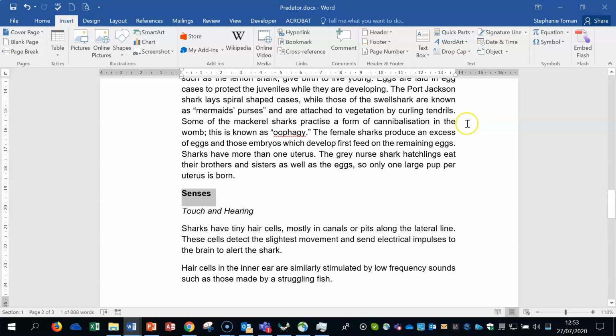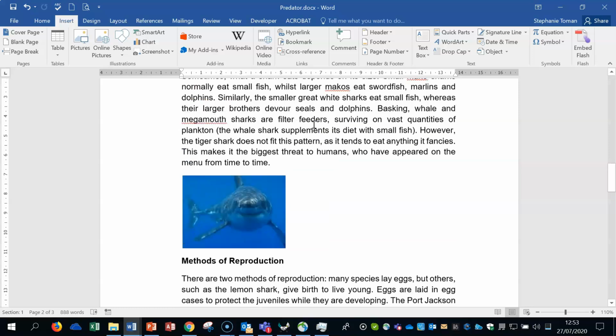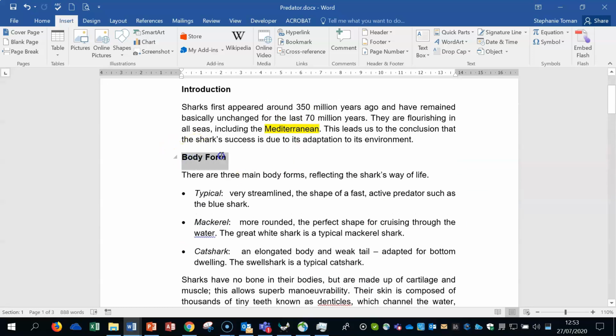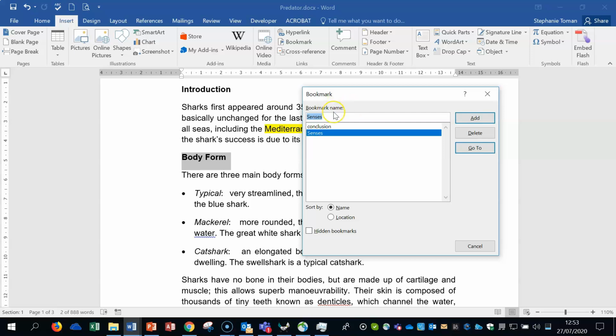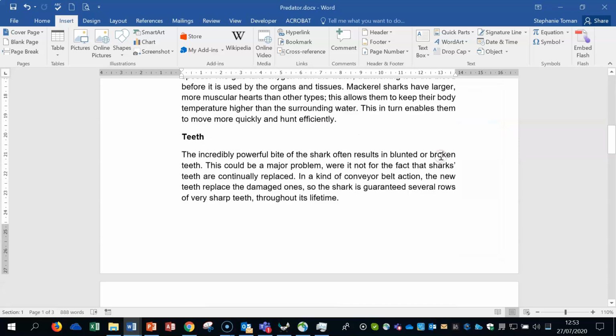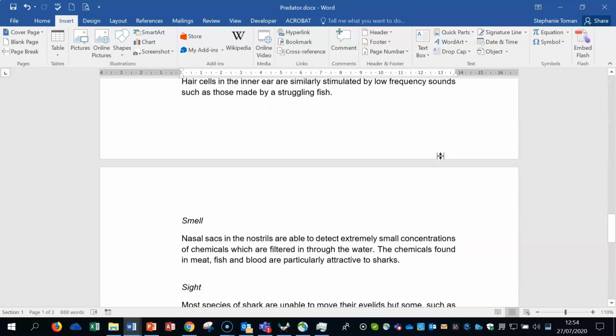The second one, we've got to add another bookmark to the body form heading. I'm going to make sure I highlight the whole thing, not just a little bit, because it's applying to both words. I'm going to bookmark, and I'm going to call it body and add. And then at the end of the document, right at the very end,